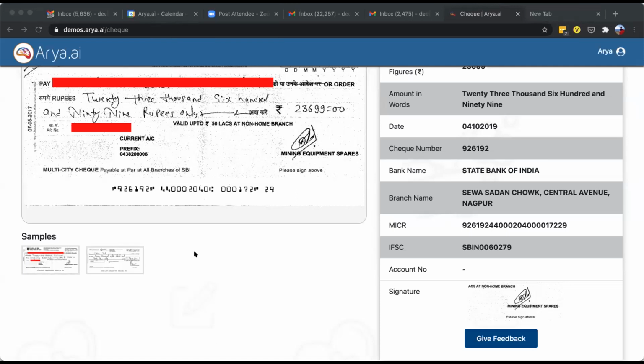Archisman has asked, is there a system for enhanced and continuous ML for variation in clarity? Not yet. At least we haven't seen a system which is continuous ML or trying to find out a particular thing. Regarding words, there is no clarity as such, because when we are trying to train the system about amount in words or amount in figures, sometimes we have to go blindly, assuming that this is quality data.